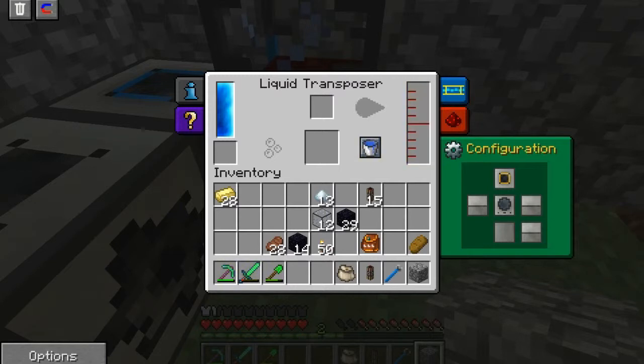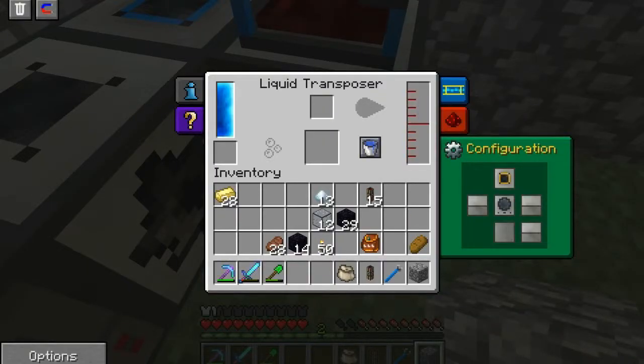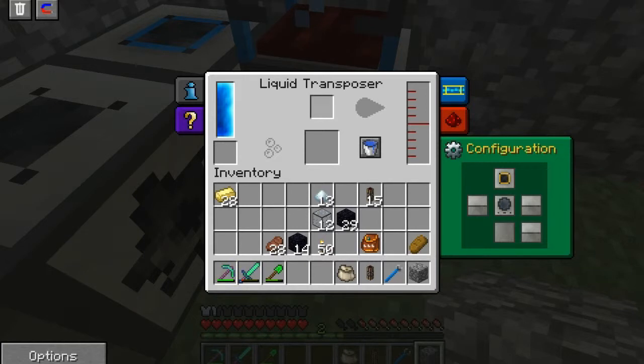What we could do is, essentially, we're pulling liquid out of this section, so liquid that's already in the liquid transposer, and we're putting it into an item. If we go like this, we can actually take out liquid from an item. So let's say there was a water bucket in here. We can actually put the water bucket here. It would pull the liquid out and put it into its little storage unit, or into this guy. So just keep that in mind if you want to pull liquid from the internal storage or this tank right here and put it into an item, or we can take the liquid out of an item and put it